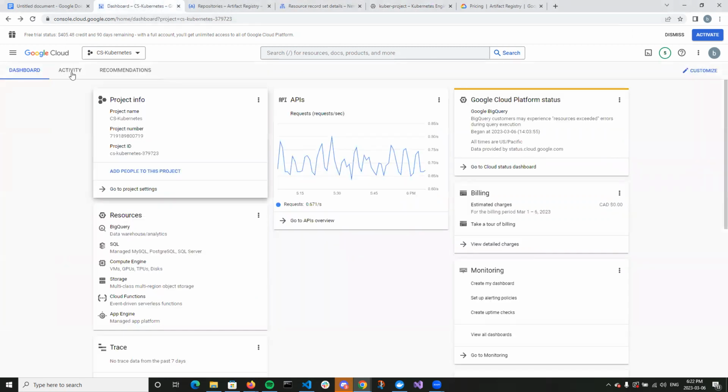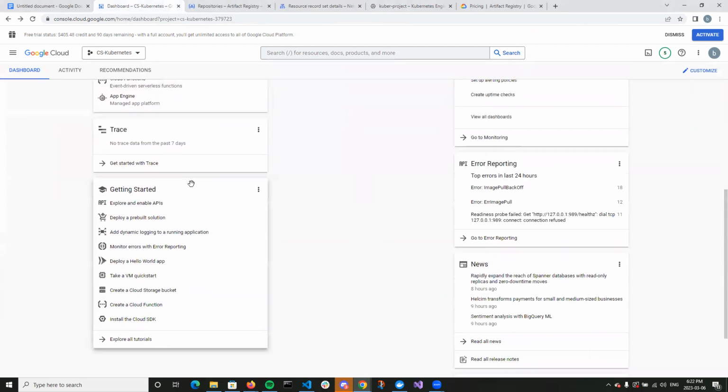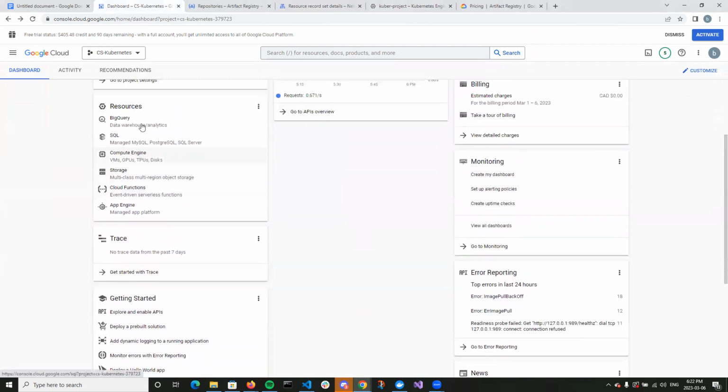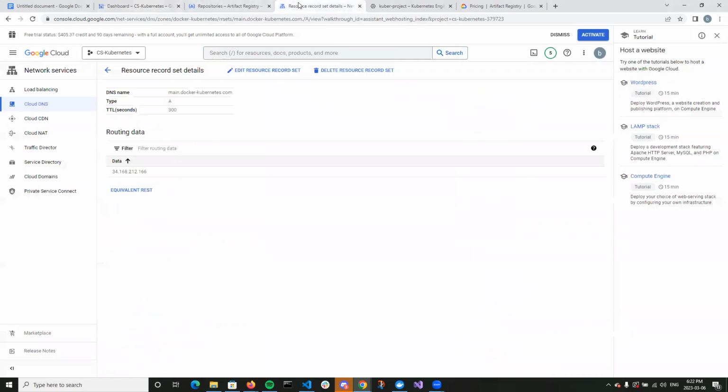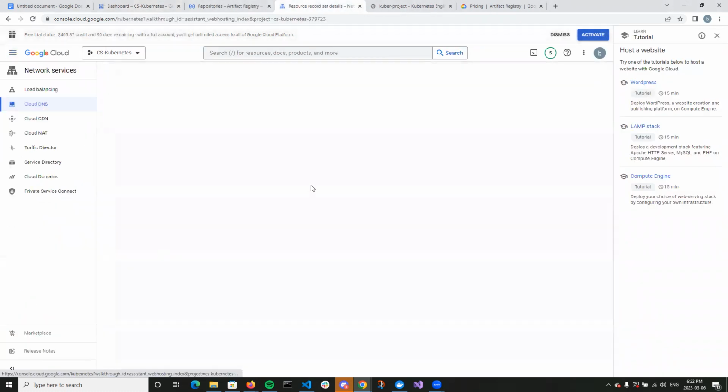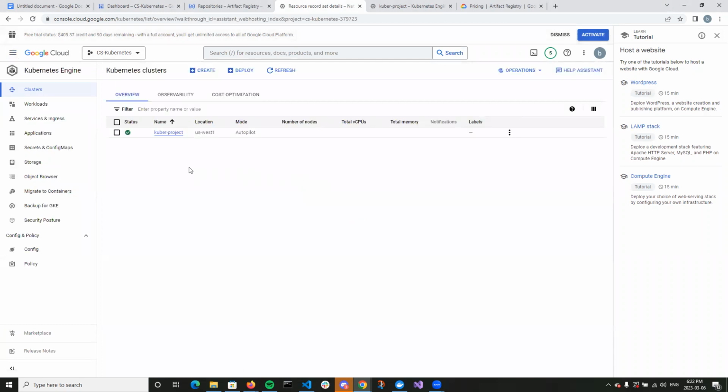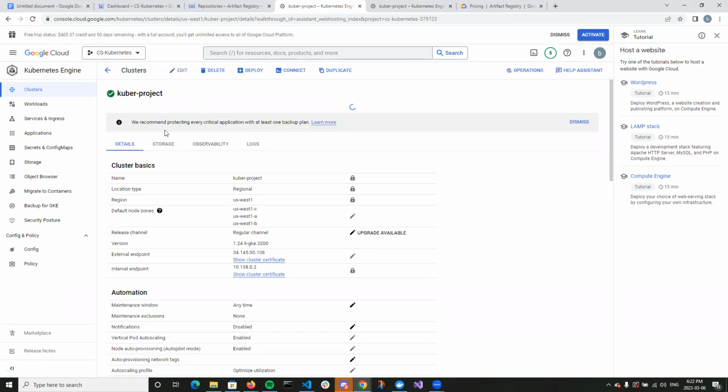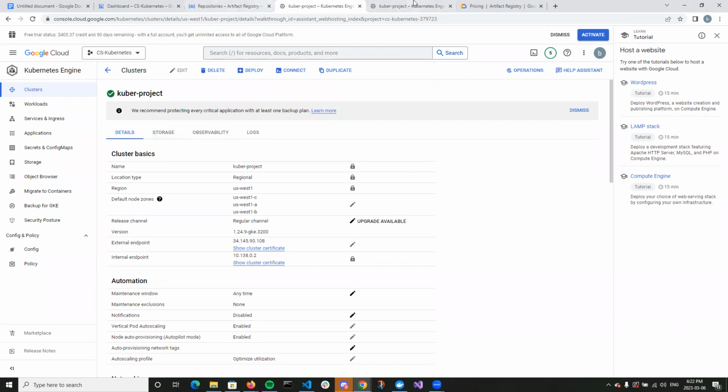So if we go into the dashboard, maybe I can bring up some of this stuff, and show you some more things in the Kubernetes area. Why don't we go into here? Okay, I believe we already talked about this one.